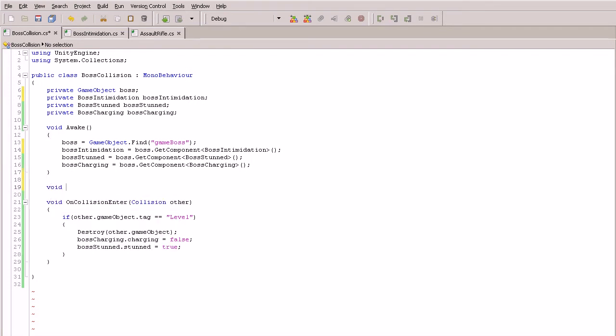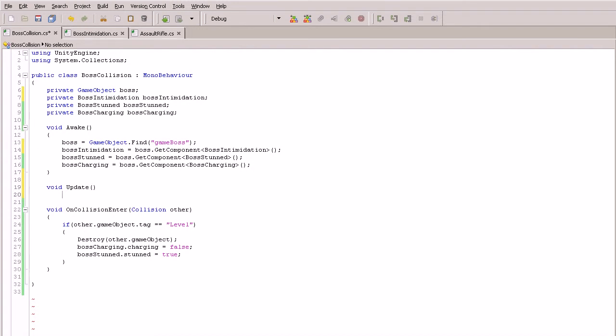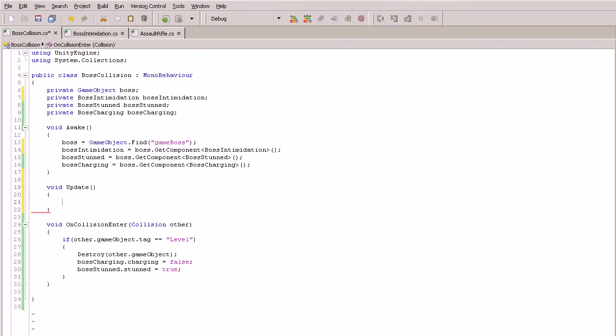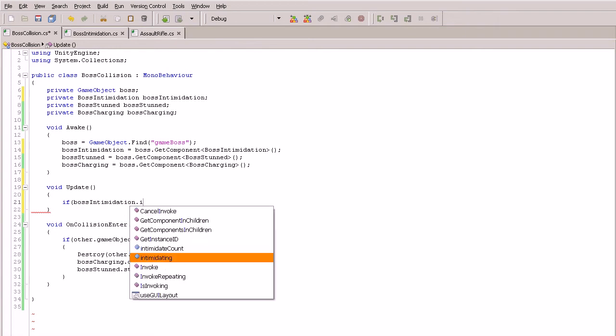So now, in our update function, we're going to create a brand new update function here. We want it to check for these collisions all the time. So we want to check for these states to make sure that we are able to collide or damage these colliders. And so I'm going to say if boss intimidation dot intimidating,